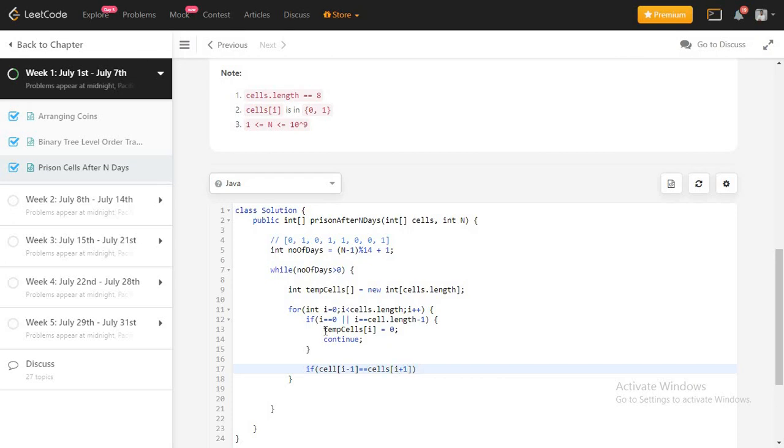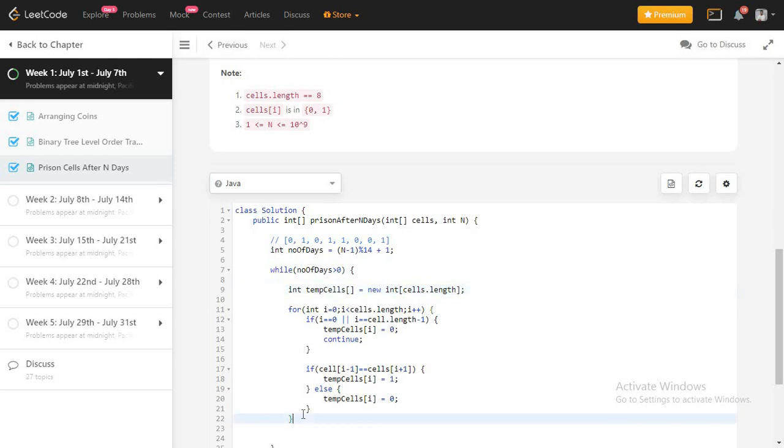Yeah, so if it returns true, then I am going to assign 1, right? That means the cell will be occupied. Else it will be 0, which means it will be free or vacant. So it should be temp sales i equals 0, right? This is the reason why I am taking it: whenever I am calculating, I can't modify it directly, because I need to recalculate the next location using the earlier value, not the current value. For that reason I am using the temp array.